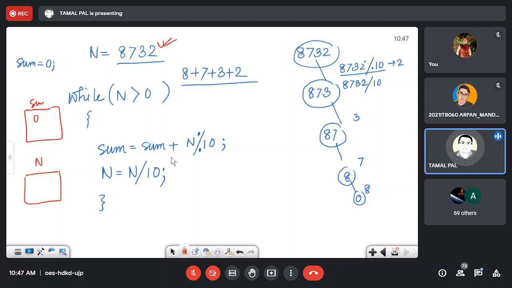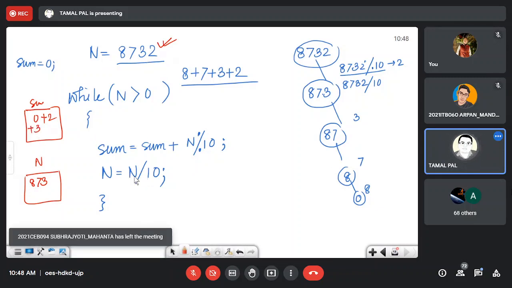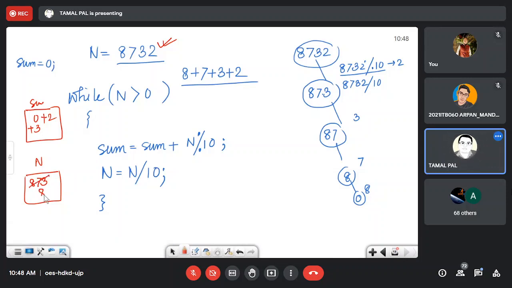So sum equal to sum plus n modular 10, n modular 10 means just 2, so 0 plus 2. n becomes n by 10, so n becomes 873. n is greater than 0, so sum equal to sum plus the existing value of sum plus n modular 10, that means 3, and we reduce n by 10, so it is 87.